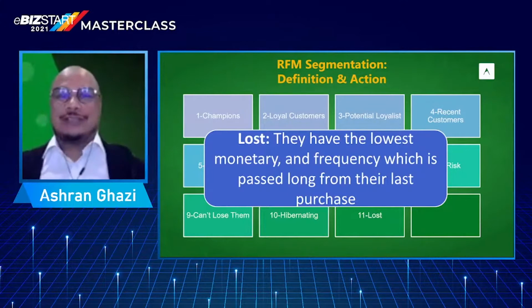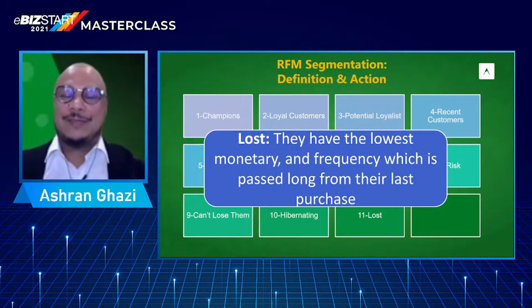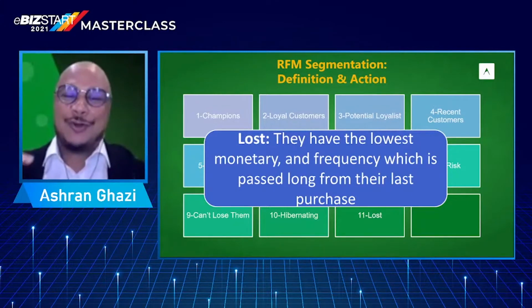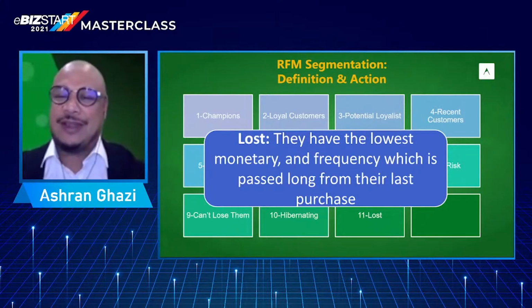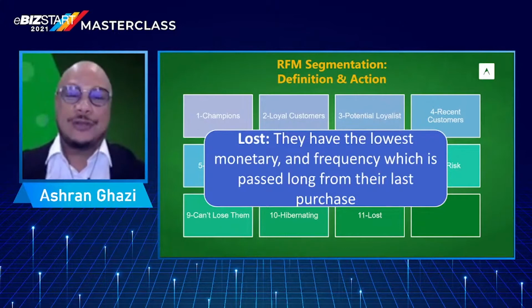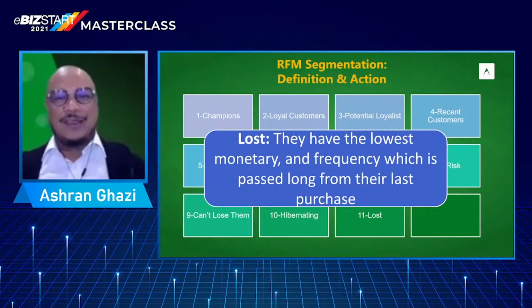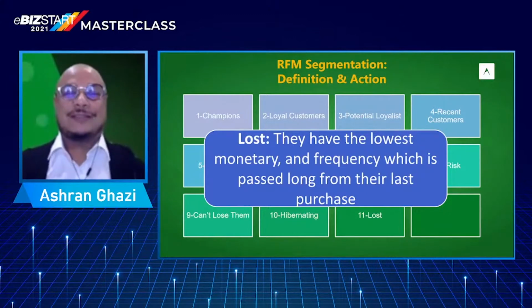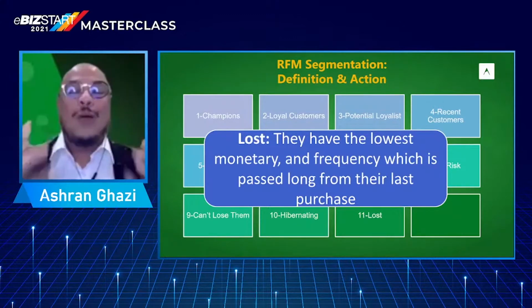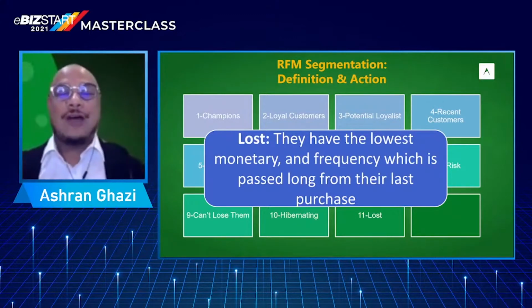So having a huge customer database is awesome, but having a huge ratio of lost or even hibernating segments, the 9, 10, 11 segments that you see on screen right now, will not do you any good. You've got to take a step back. You've got to reflect. You've got to discuss with your other partners if you've got other partners. You've got to talk to the marketing team. What else can you do? How do you shift this through, right?